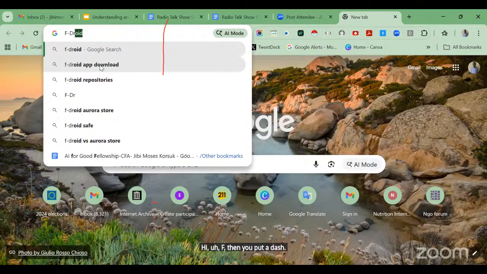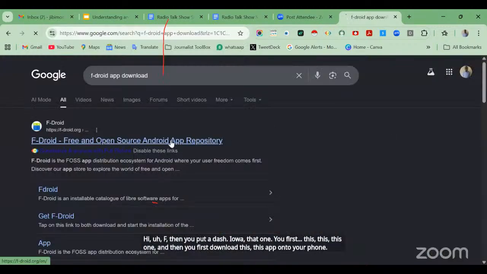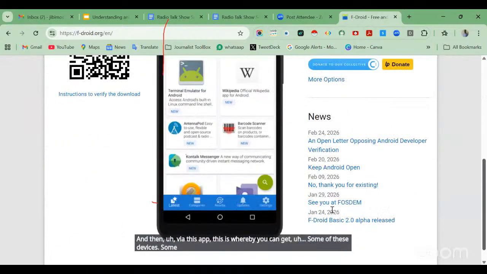You first download this app onto your phone, and via this app is whereby you can get some of these applications, because some of them are not available on the Play Store and some of these platforms. But here you can get them easily.